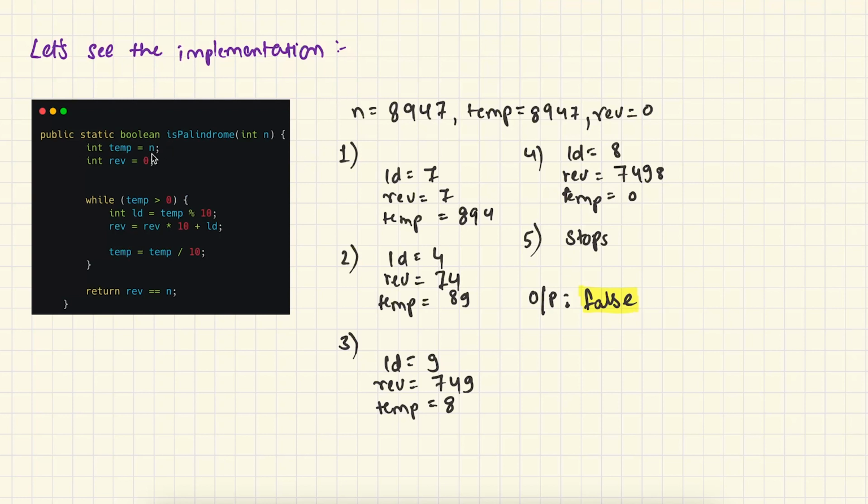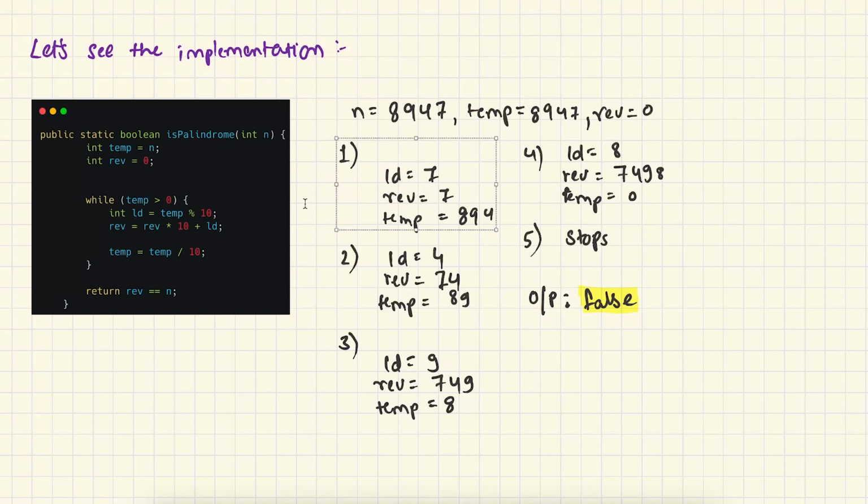So in the first line, we are simply assigning the value of n to a temporary variable. So the value of temp is going to be the same as n, that is 8947. And initially the value of the reverse variable is also 0. Now when our execution begins, our loop gets started, and in the first iteration it checks that the value of temp is